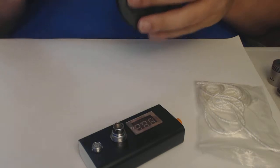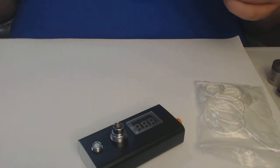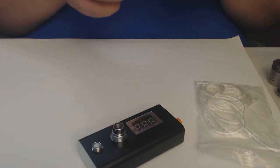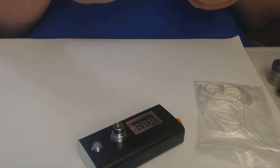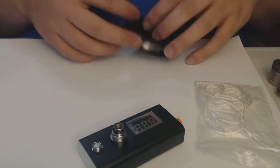Alright. What's up guys? I was requested to do a little tutorial video on the TOBH. Mine is a replica atomizer, I think. I'm not sure where it was made. I think mine came from TOBH, but I'm sure any of the TOBs are basically identical, at least the replicas are. Anyway, I'm using